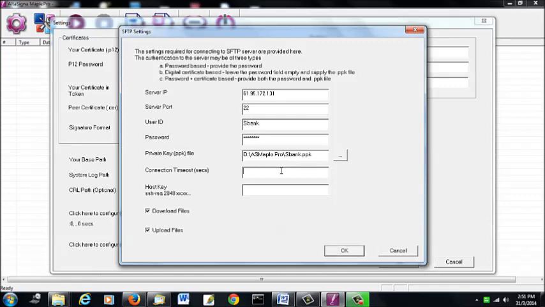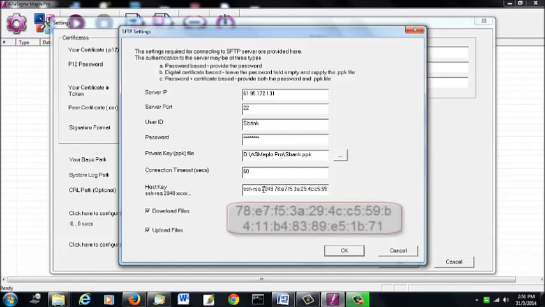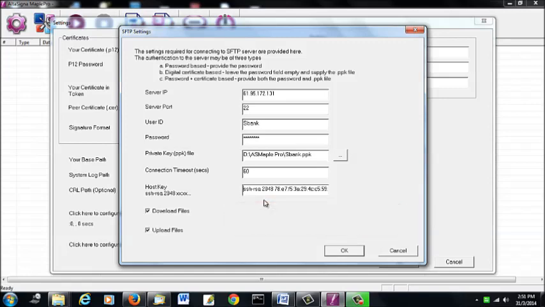Provide the maximum time in seconds, after which the connection will get timed out. Enter the host key for the FTP server. This is the fingerprint or public key of the FTP server. This key is used to identify and authenticate the ACH system during transaction. You should be able to download this information from